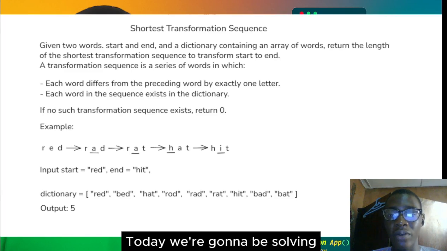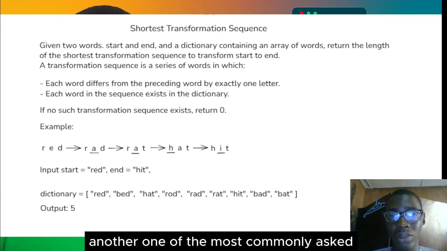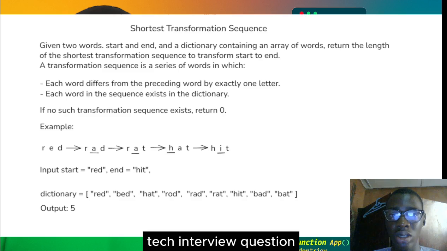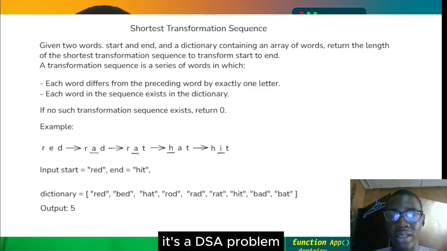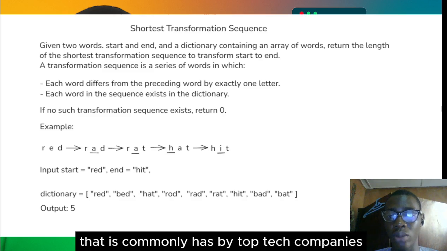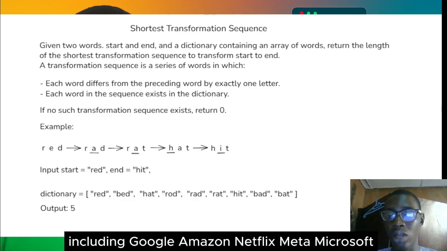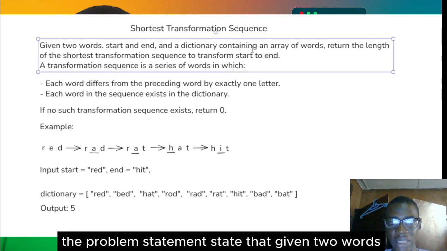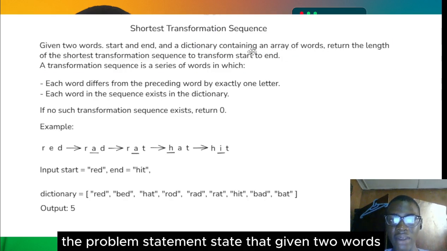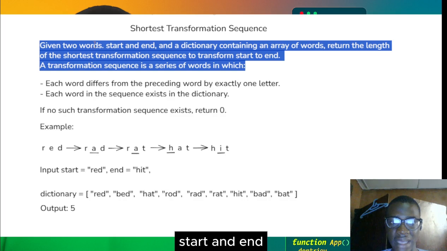Today we are gonna be solving another one of the most commonly asked tech interview questions, the shortest transformation sequence. It's a DSA problem that's commonly asked by top tech companies including Google, Amazon, Netflix, Meta, Microsoft, Apple, and other top tech companies. The problem statement states that given two words, start and end,